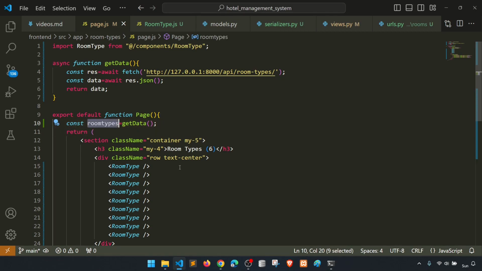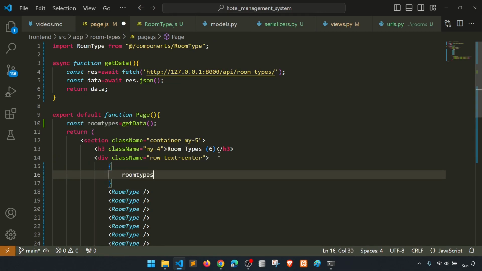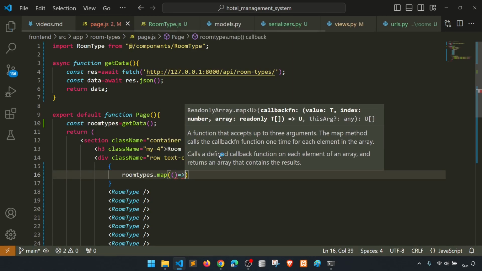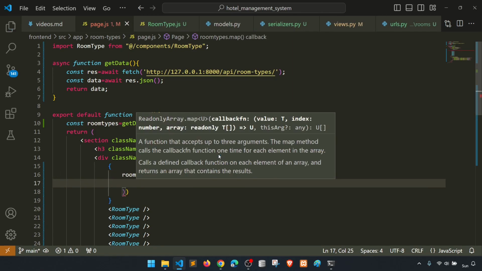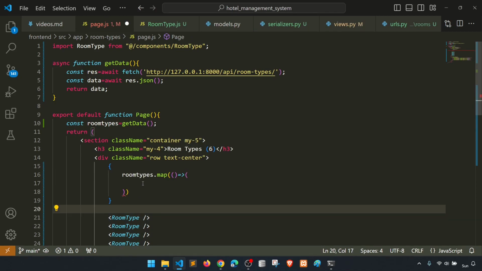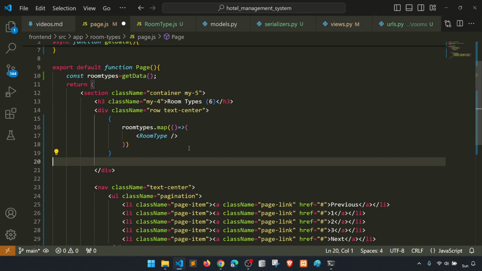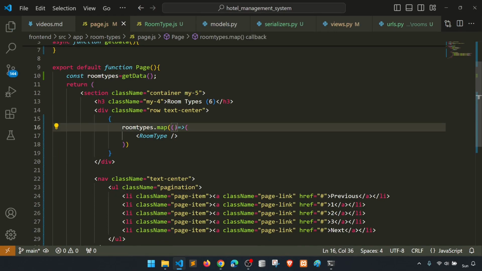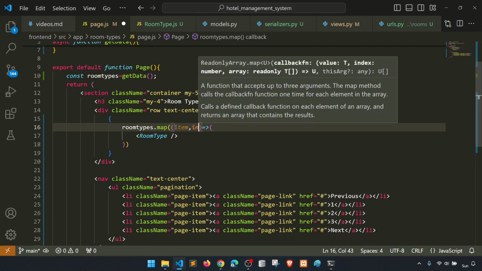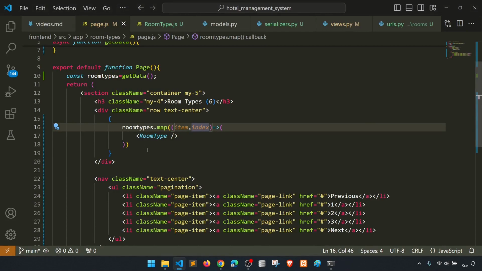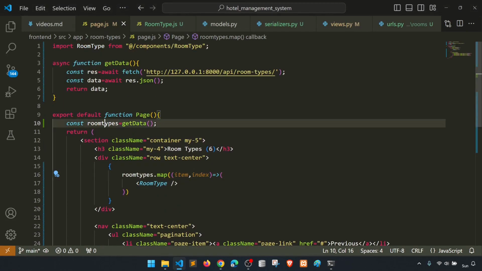Let's do room types dot map, and here we will add the component, correct? The first one is item, second one is index, right? So map is not a function, constant room types map. If I return this,